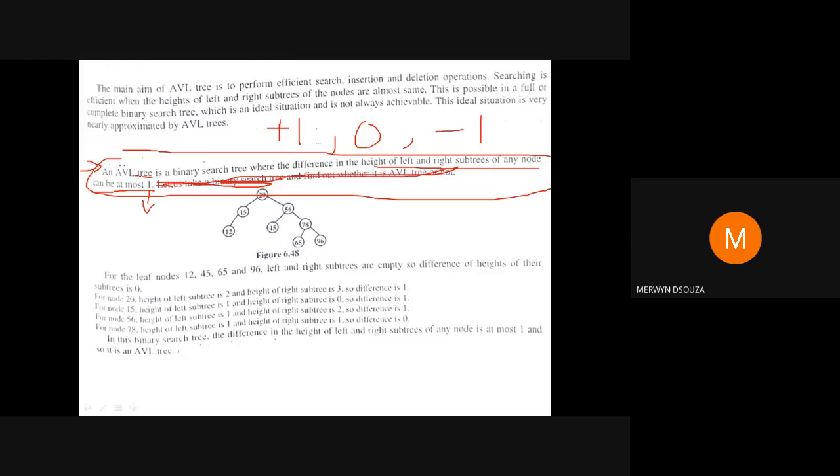That's why they are saying at most 1. So you can see the range of the nodes is at most 1. While writing, you will not write just 1. You are going to write whether it's a +1 or a -1. Even if it's a positive 1, you have to make sure that you put a plus sign. So it could be +1, 0 or -1. I'll show you in this diagram how to calculate these values. It's very simple.